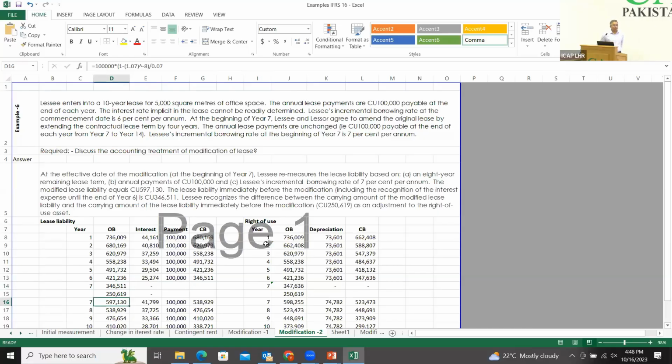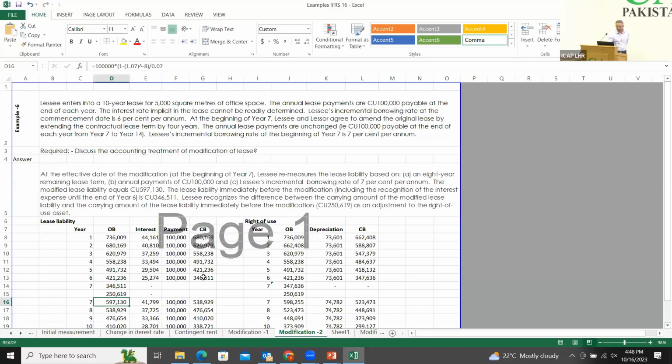Here is 100,000, as you see in the formula bar, multiplied with the PV factor, and now the discount rate is 7% and the remaining term is 8 years. 6 years completed, total 14 years, remaining period 8 years. You multiply the PV factor of 8 years at the new discount rate, and you get the revised value, which is this